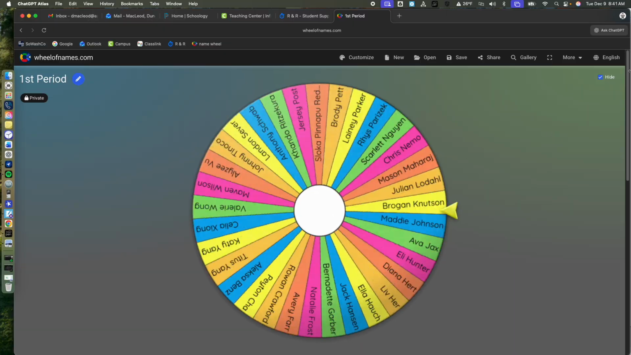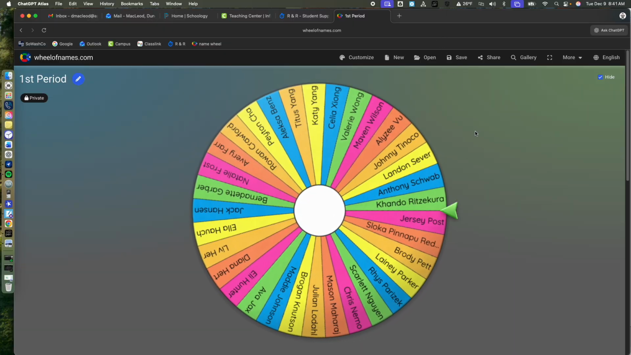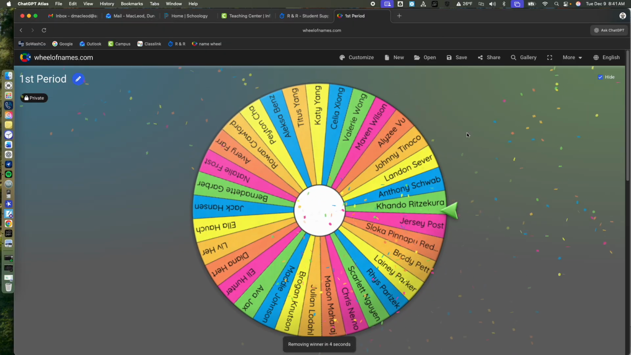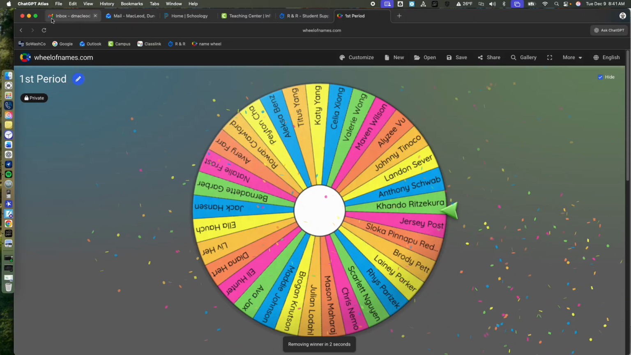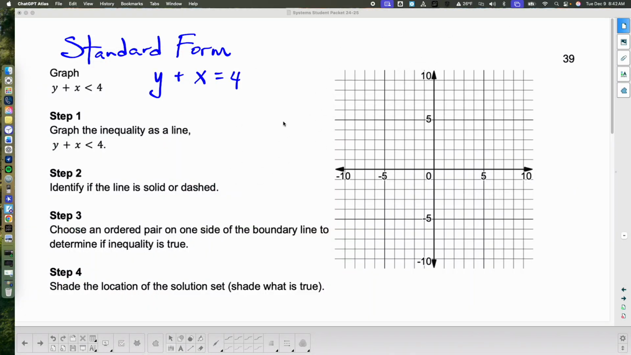Who do we got? Condo. It is like winning the lottery. Do